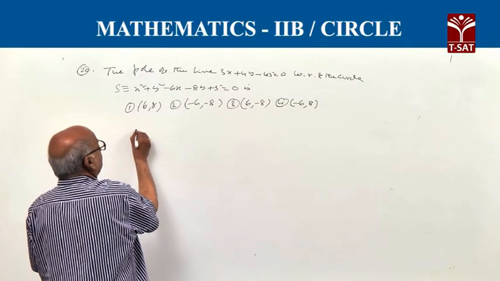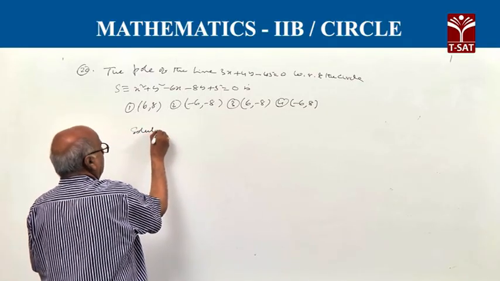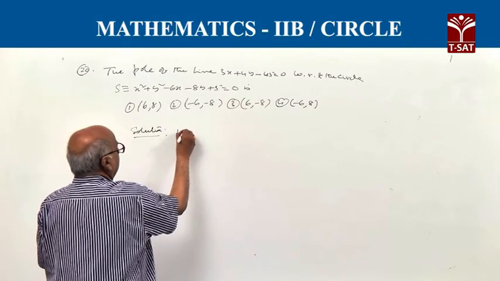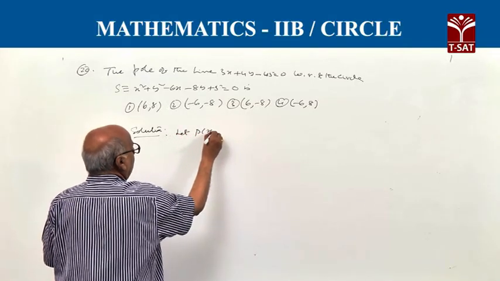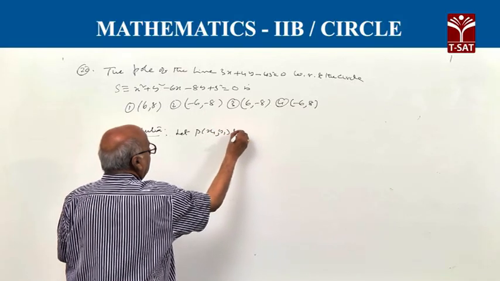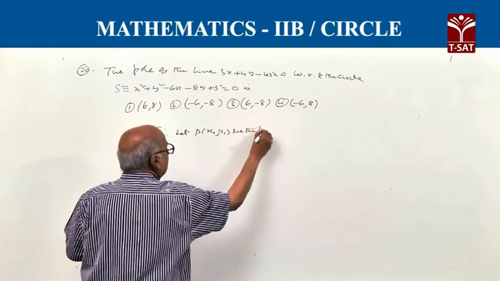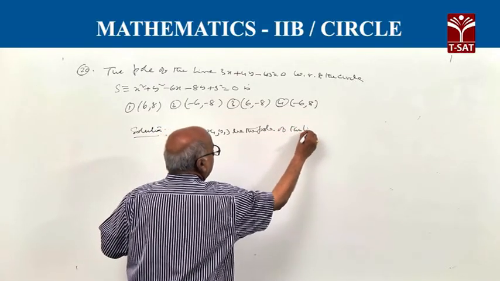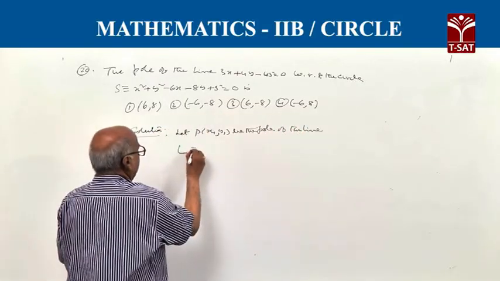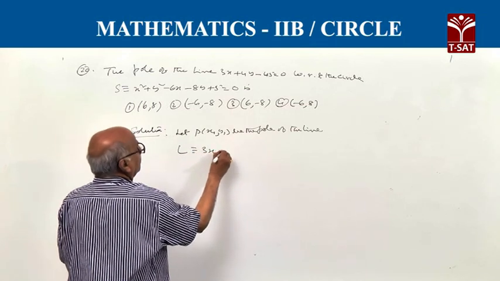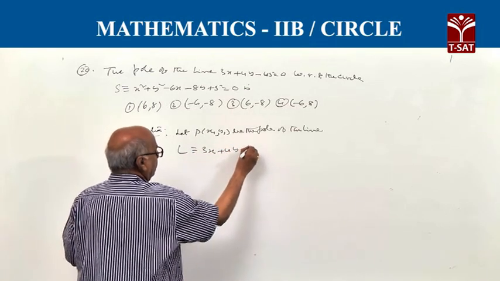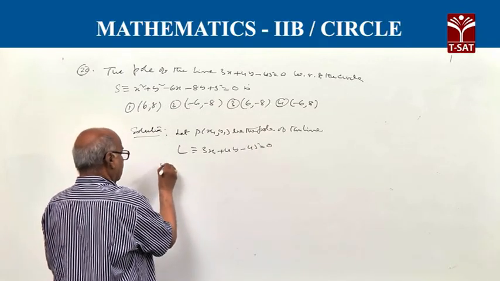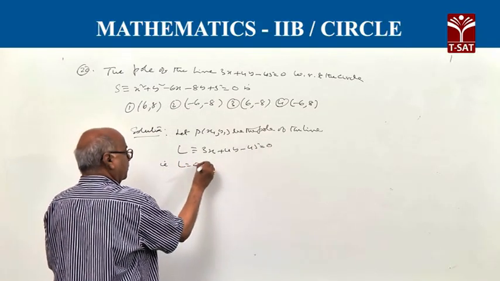So, now the solution. Let P(x1, y1) be the pole of the line L, which is identical to 3x plus 4y minus 45 equal to 0. So, that is, L equal to 0 is the polar